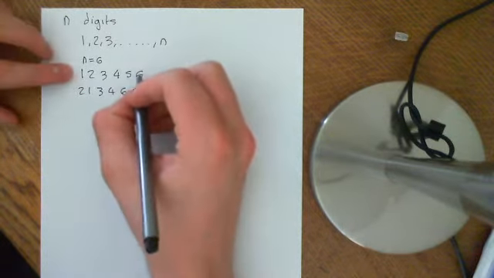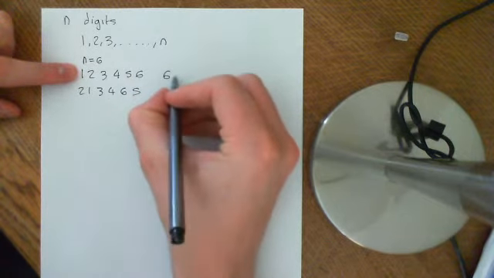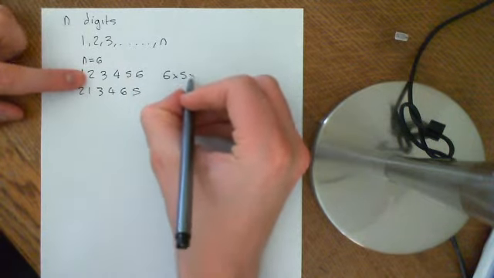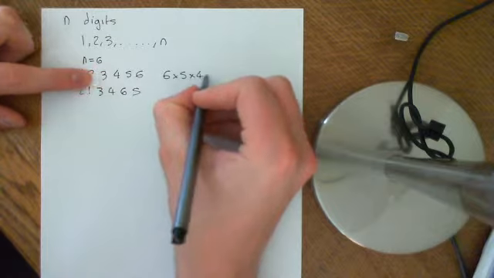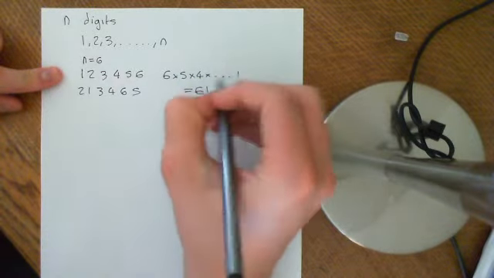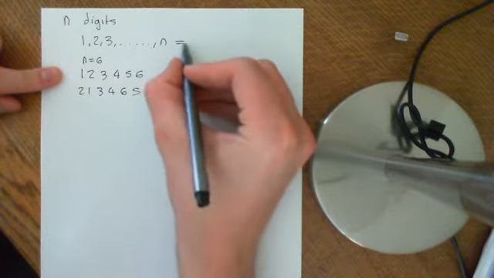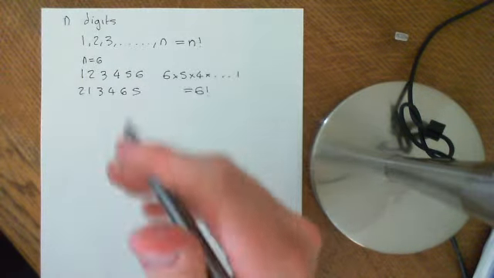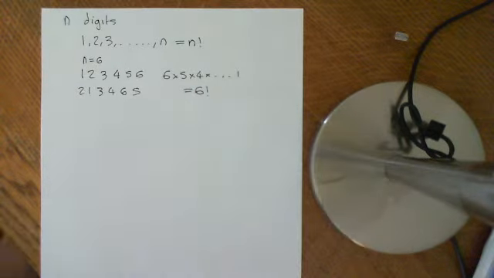So for instance, in the first position you can put 6 different things, in the second position you can put 5 different things, in the third position you can put 4, and so on, and therefore the total number of permutations is 6 factorial. In the more general case, the total number of permutations is n factorial. So you can permute them around, and basically what you want to do,